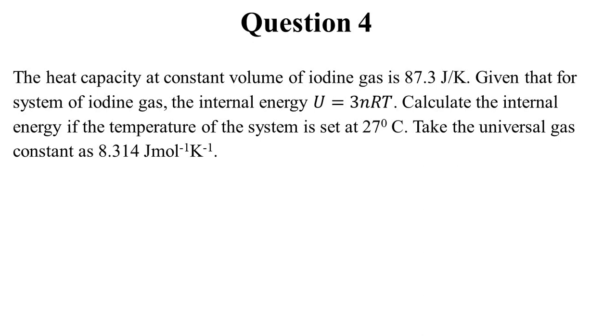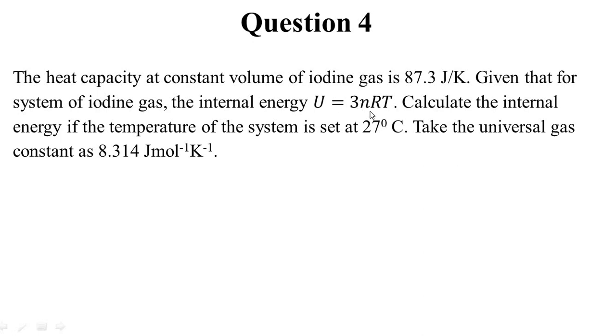Question 4. It's taking us to work done in a thermodynamic system. And when we are dealing with gases, especially ideal gas, the gas equation is going to be very key here. And there's some aspect of borrowing from the first law of thermodynamics, where internal energy is one of the variables or parameters to be considered. The heat capacity at constant volume of iodine gas is 87.3 joules per Kelvin. Given that for a system of iodine gas, the internal energy is expressed as this, that is U equals